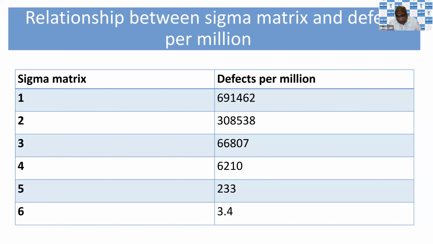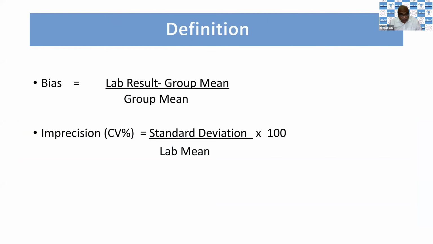With this 1 sigma, 6,91,462 out of 1 million possibility. These figures we have to keep in mind before proceeding further. And also